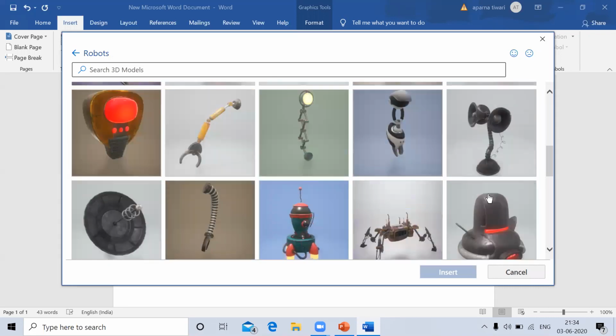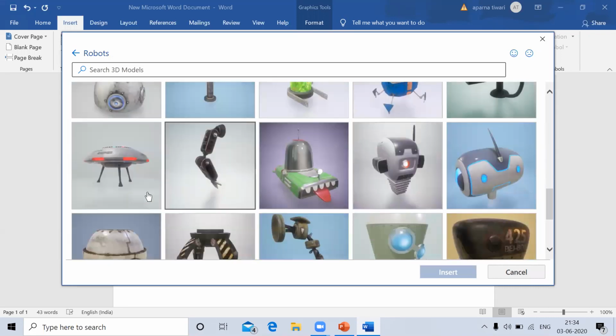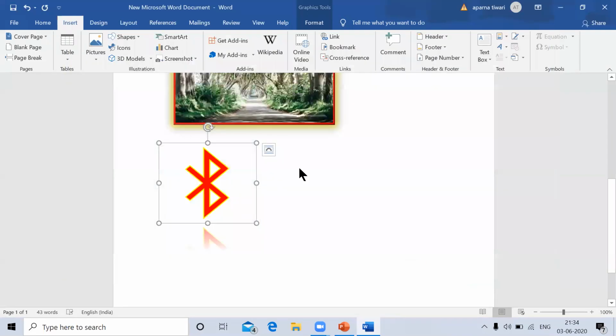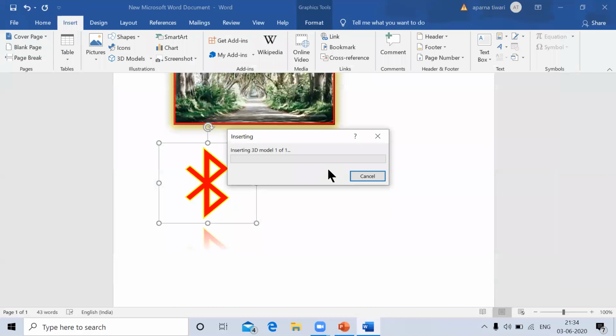Now, whichever we like, drone camera is here. I'm inserting this one and it will get inserted in my file. It's taking a little bit of time because we have taken it online and it is a 3D model.